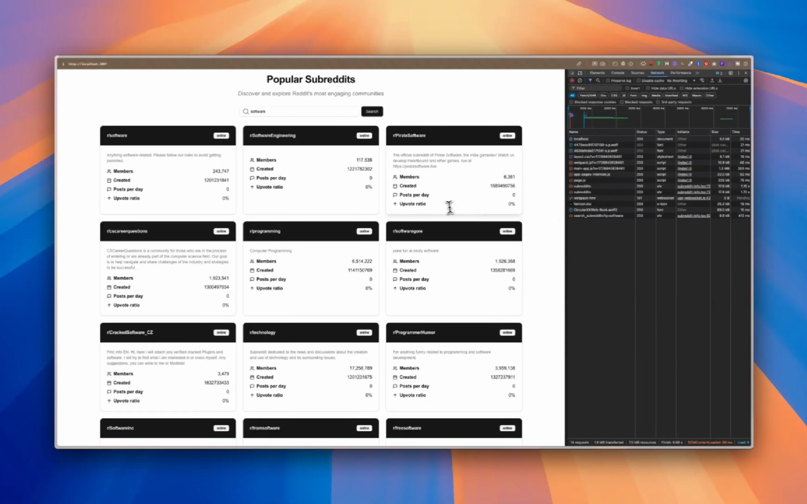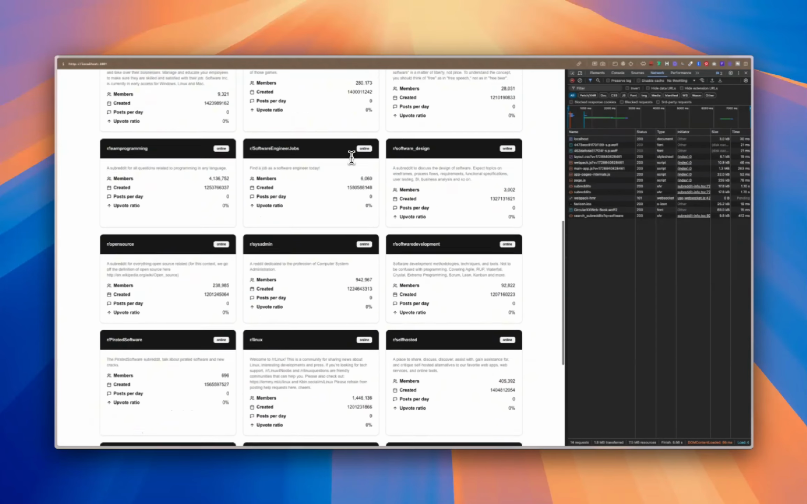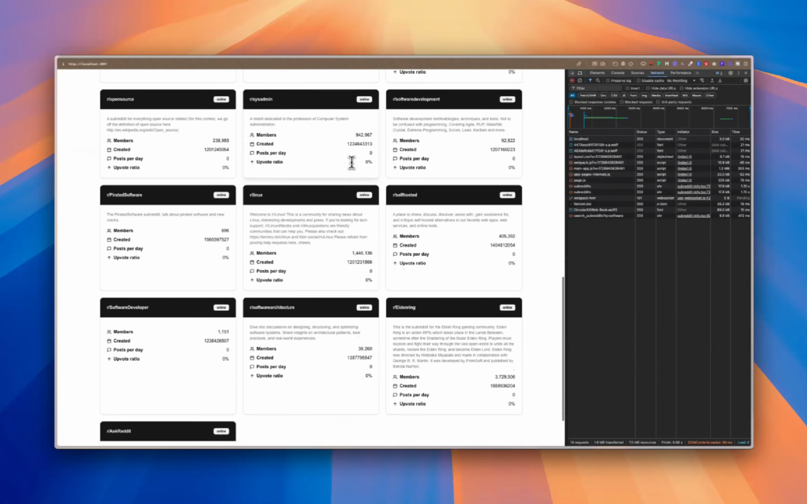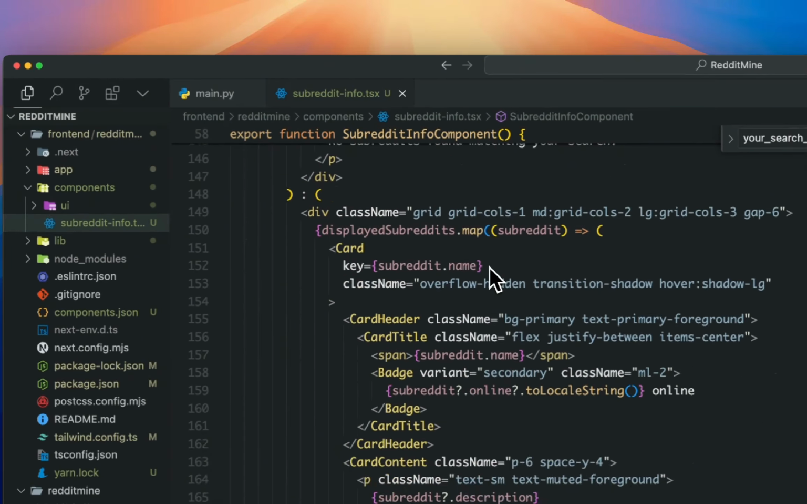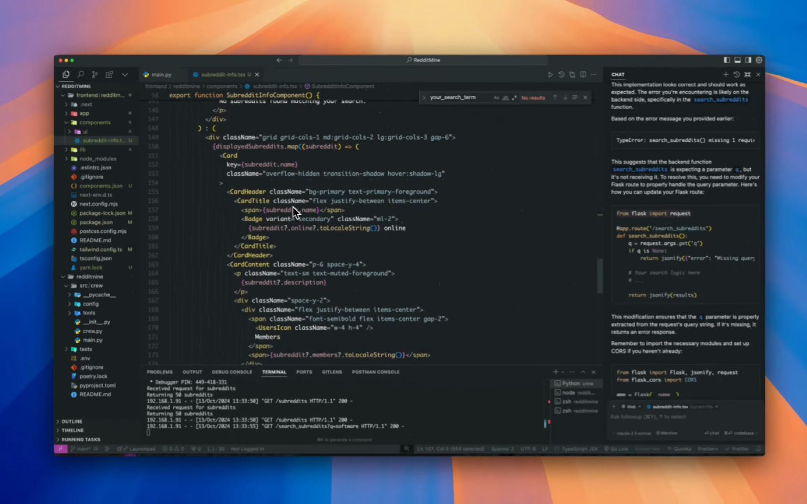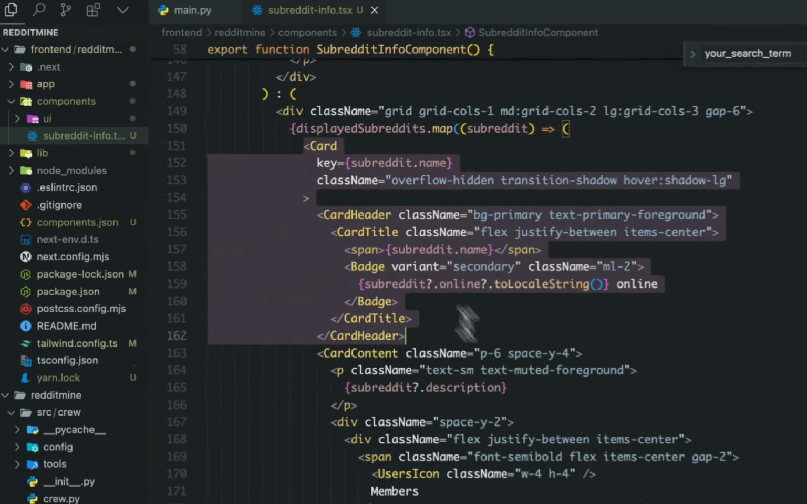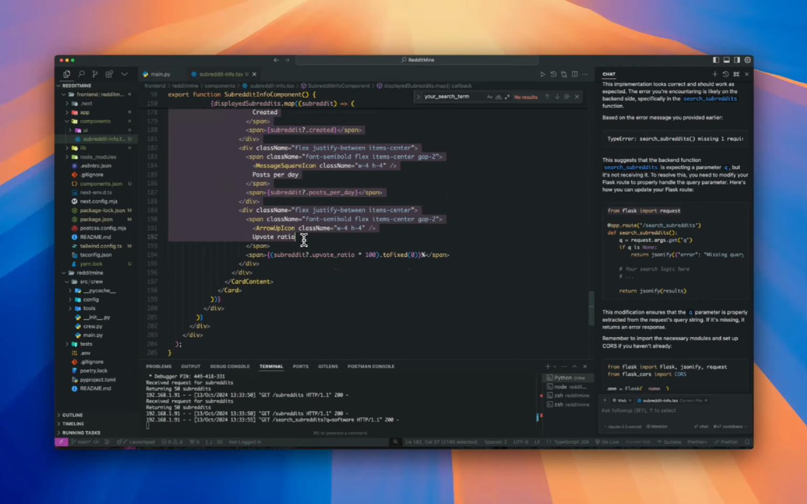All right, and we do. Look at that, we do get results. Self-hosted Linux. Look at that. We do get some results back, guys. So we have made significant progress, guys. I'm just gonna go here, and over here on each subreddit card, I just want to tell AI to add